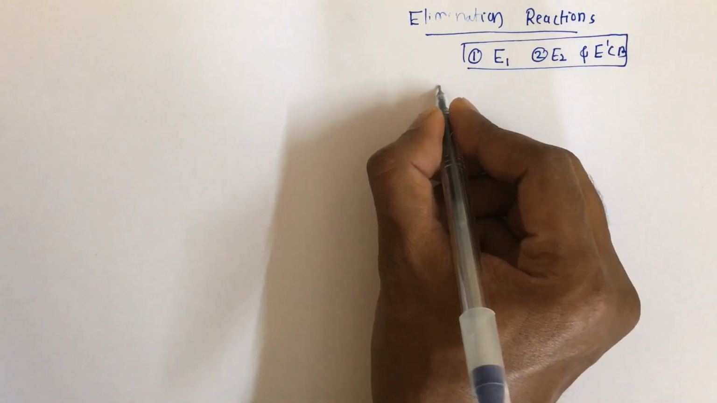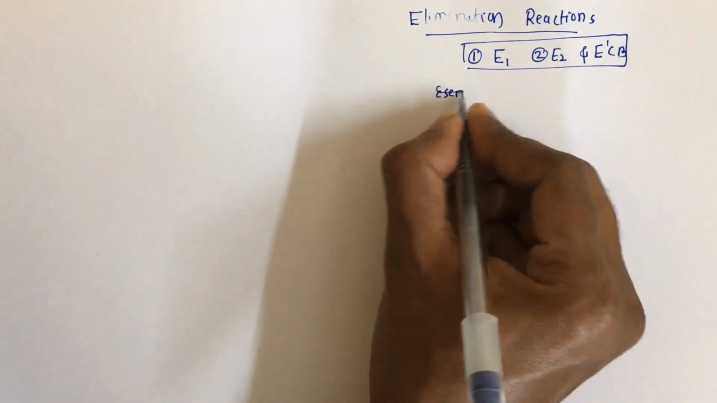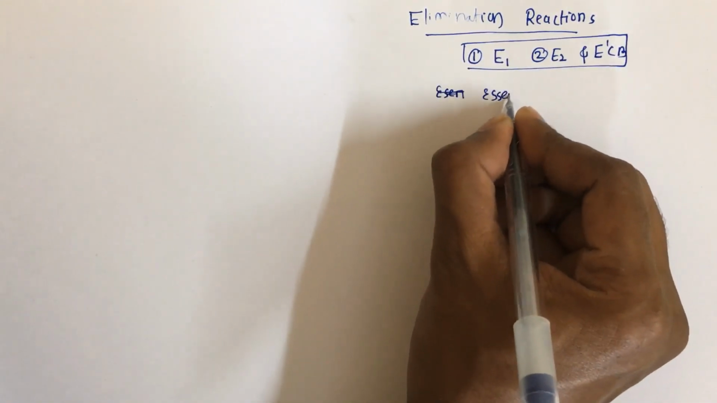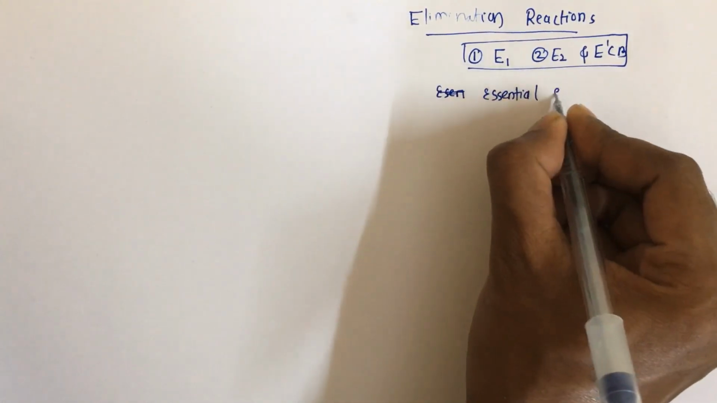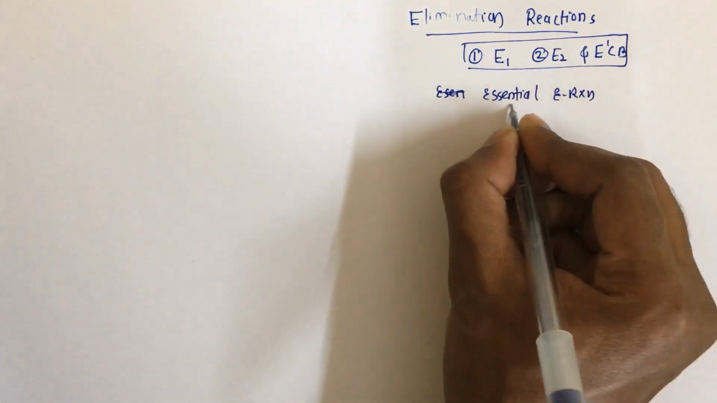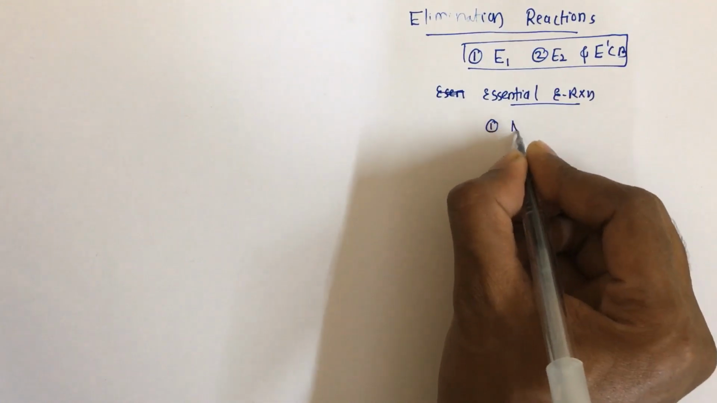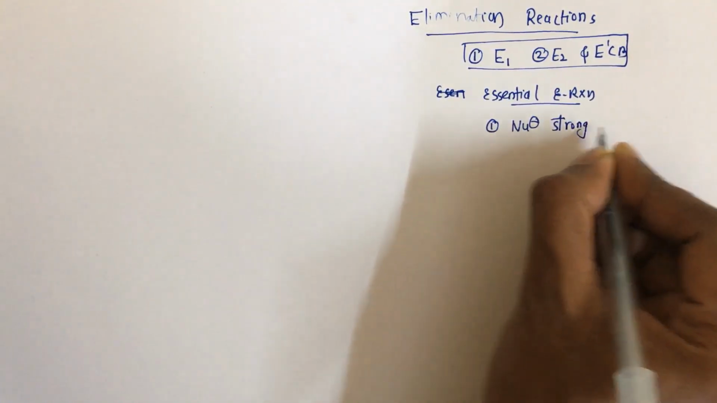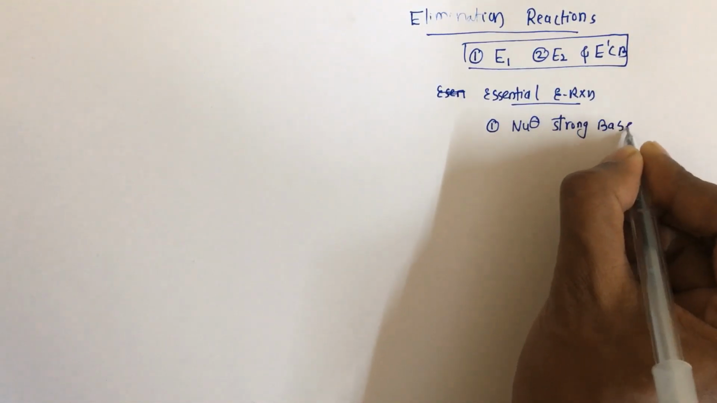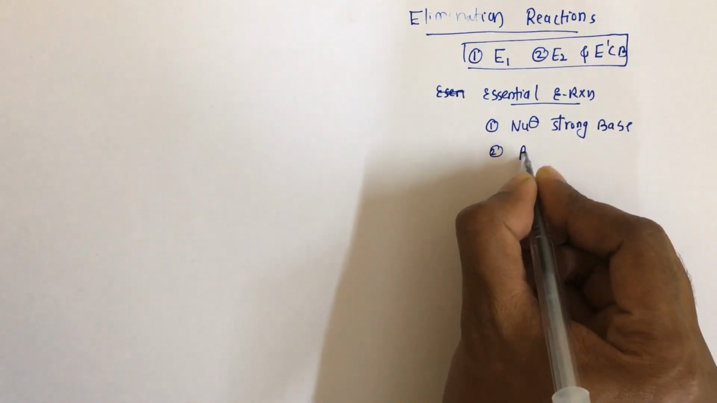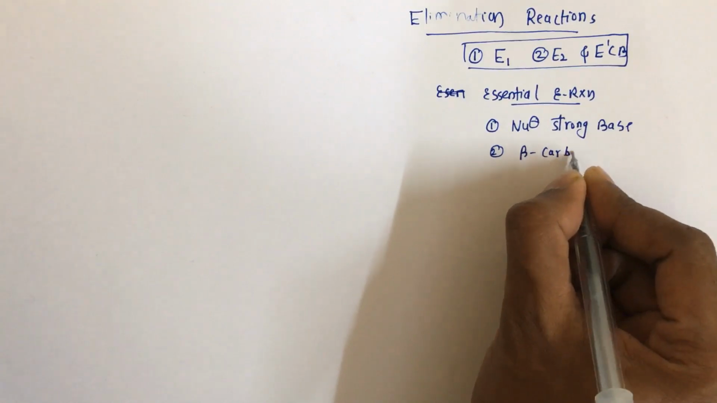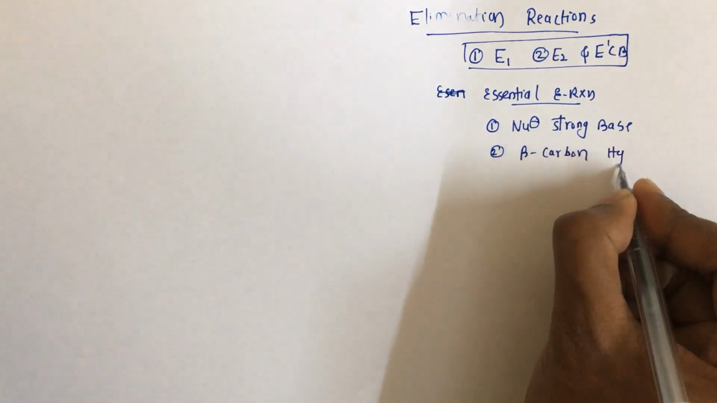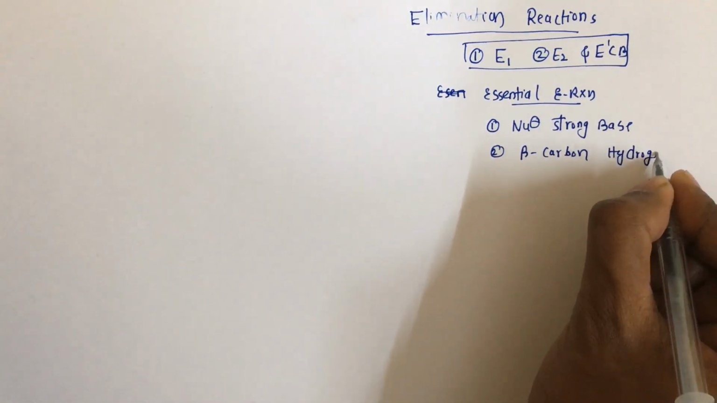So what are the essential conditions for elimination? Essential conditions for elimination reactions. The first thing is the nucleophile should be a strong base. This is the first condition. And the second condition, the beta carbon should have one hydrogen. If these two conditions are there,